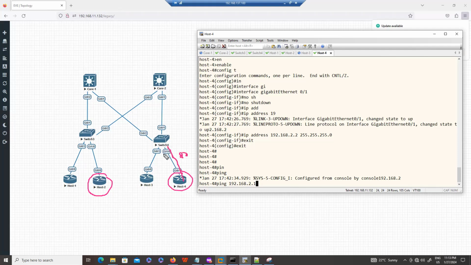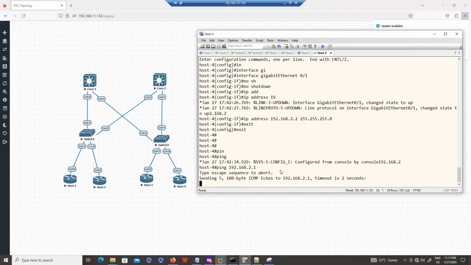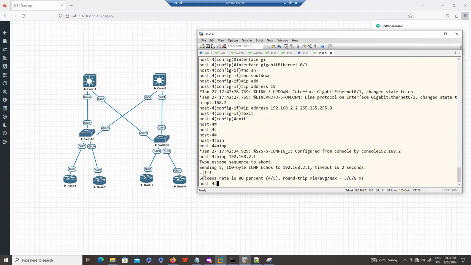Traffic will go here, might be traffic sending to this core, then core sending the traffic to this access switch, and the access switch sending the traffic to this system. So if we are carrying the VLAN traffic end to end on this path, we should have communication. Okay, let's see the communication. Do we have reachability? We have.